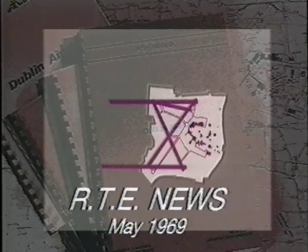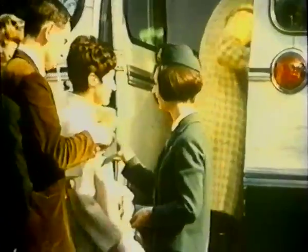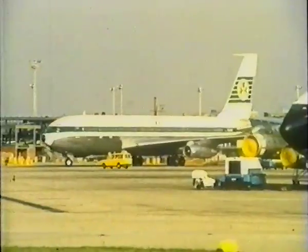The Minister for Transport and Power said that the current construction work is only part of the programme prepared by his department for the systematic development of Dublin Airport to cater for the increased traffic and larger aircraft foreseen in the years ahead. Planning of the future runway system to provide...